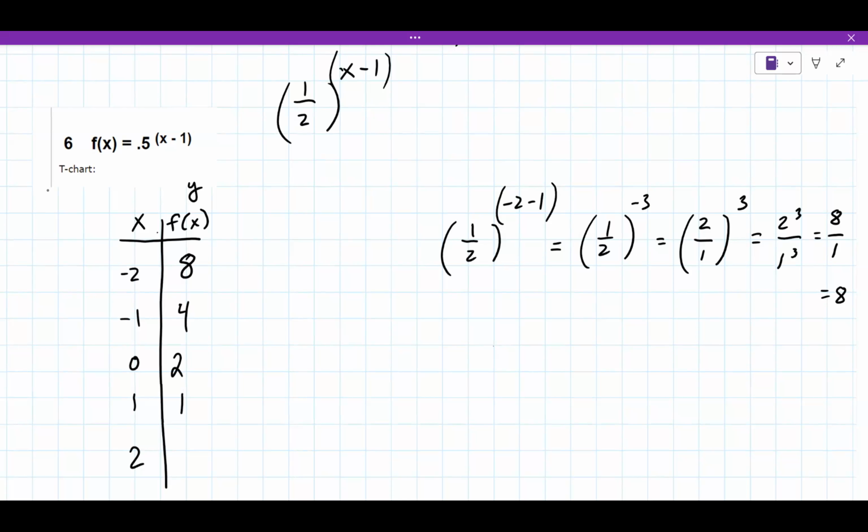And I want you to notice this now. Do you see that there's a pattern to how the numbers are going down? Yeah. You're dividing by 2 each time, or if you prefer, you can think of it as multiplying by 1/2. Where's the 1/2 in our equation? Oh, it's in the parentheses. Yeah, it's the base. It's the base. And I don't have the previous one up to show you, but you would actually notice that in the same one as well. The base tells you what the change is in these y values. So yes, you can go to the calculator, but you can also sort of pattern it. You can see that the next one would be 1/2 there,